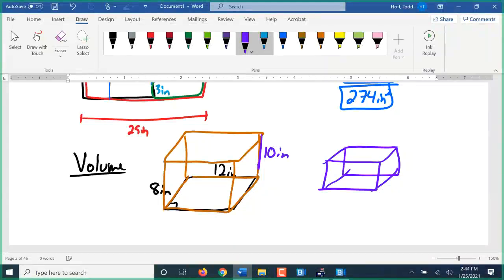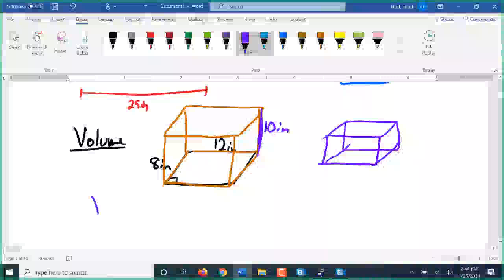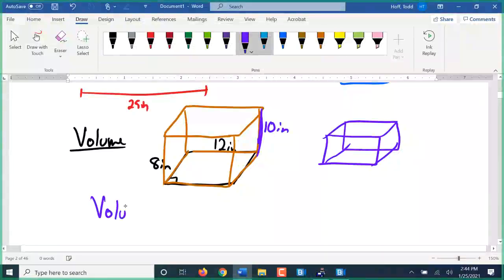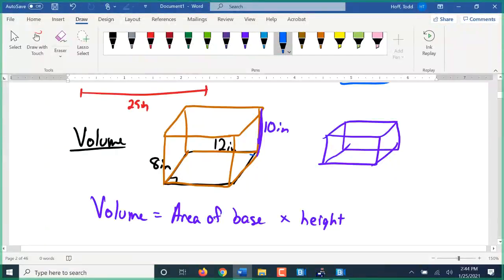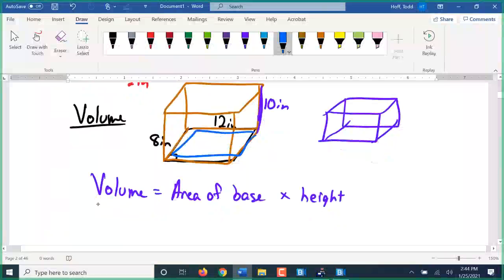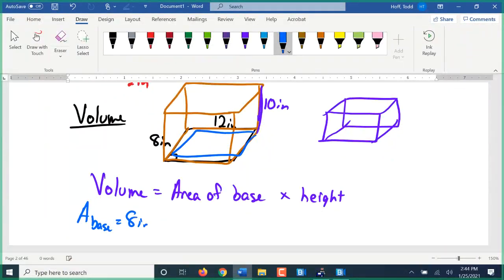So the height is 10 inches here, the distance we moved. So the volume is area of the base times the height. So the base of this is this bottom here, the 8 by 12. So the area of the base is